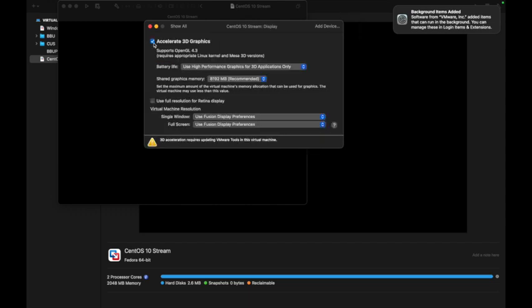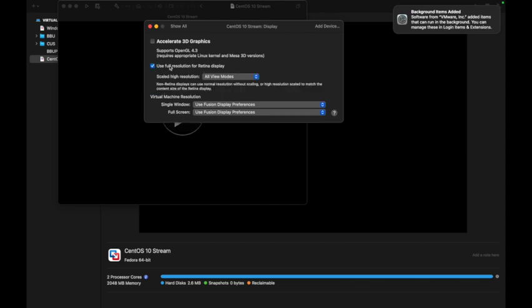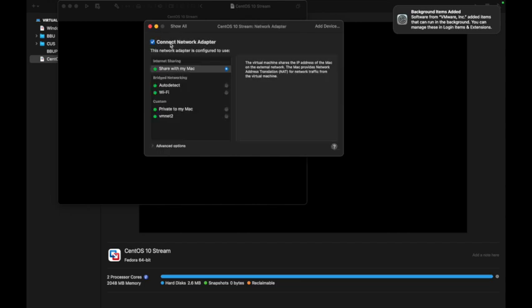For the display, we don't need 3D graphics. We just use full resolution and stretch the display so that the VMware fits our computer screen or laptop screen.